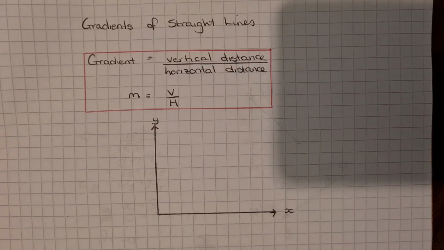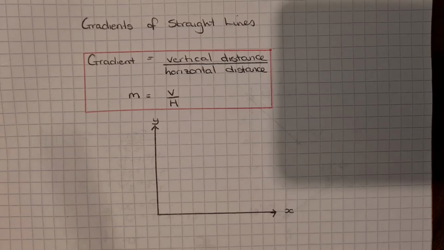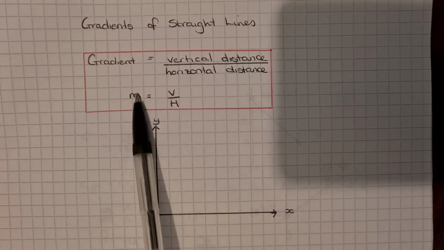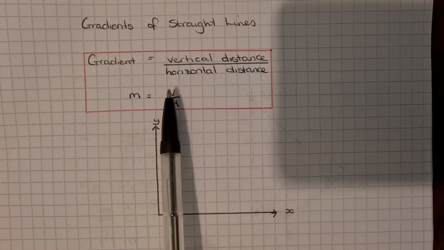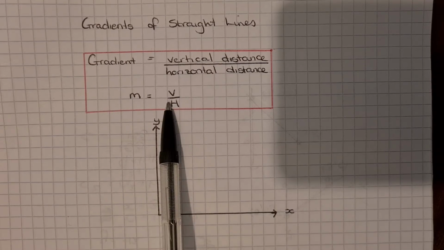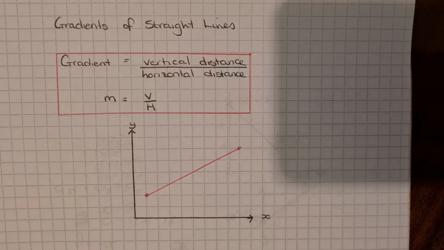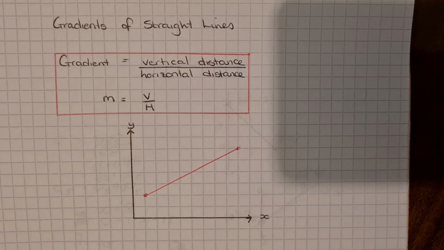Let's talk about gradients of straight lines on a coordinate grid. So we already know how to find the gradient of a slope using the gradient formula, that is vertical distance over the horizontal distance. And we know that m means gradient, and we can shorten this to v over h. Now, if we have a line on a coordinate grid, we can use the same formula to find the gradient